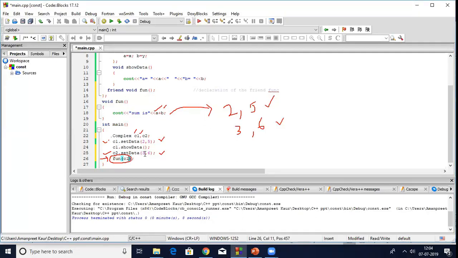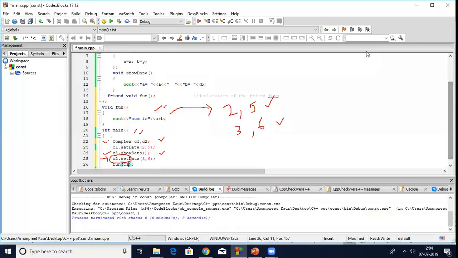So is it clear now? Okay. So now my function is clear. Fun function is clear that I have to add the arguments of C1. That is, I have to add 2 and 5. Right? Now when the control goes here,